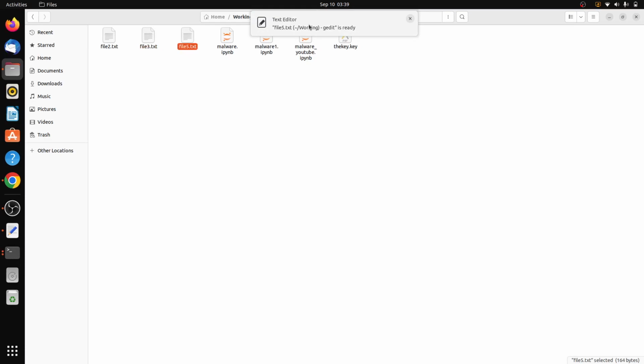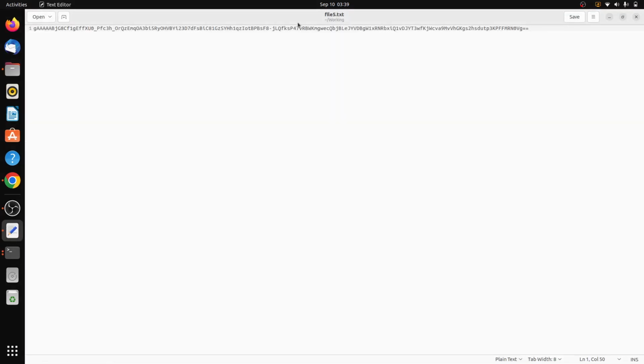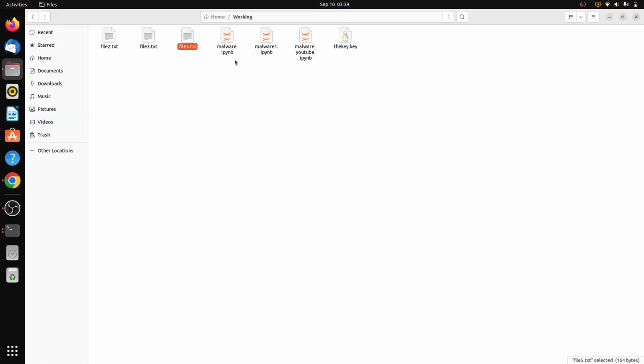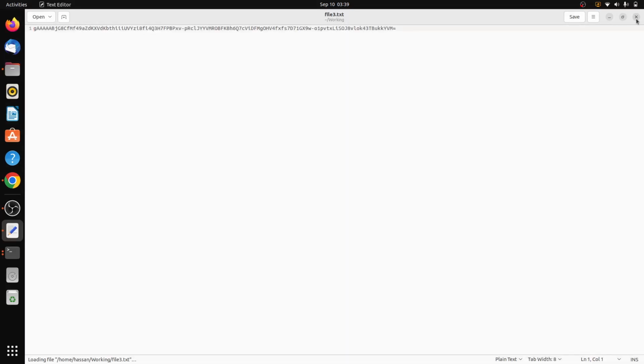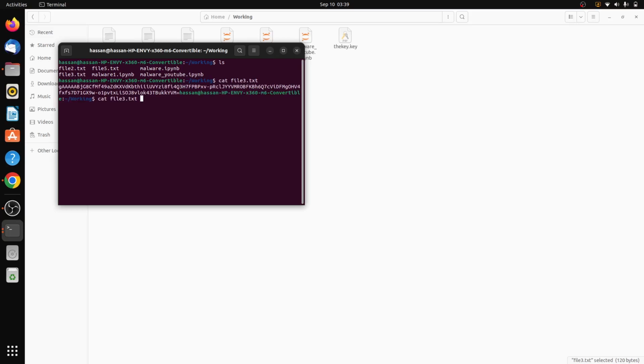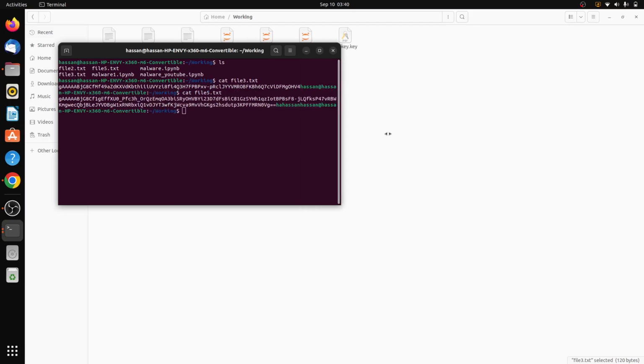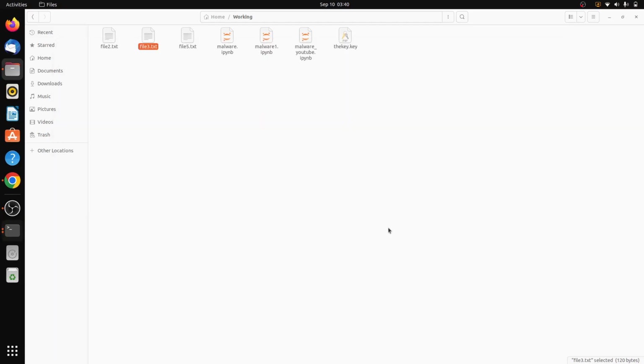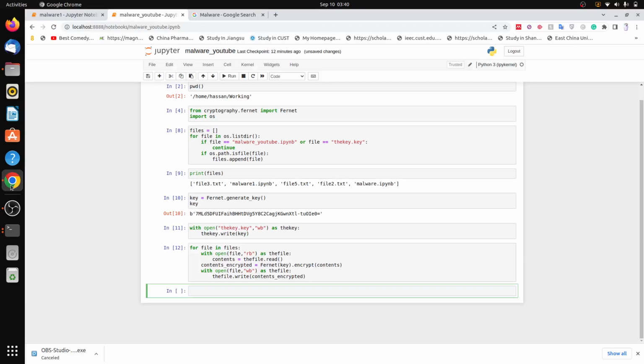So the text editor is ready. Oh, as you can see, all of my files have been encrypted now. So the messages are gone. Boom. So let's see, cat file 3, messages is gone. So cat, for example, cat file 5, so they all have been encrypted. There is no message there. So now I need to, this is a malware actually. Now I need to